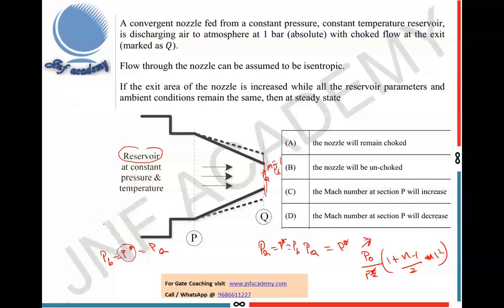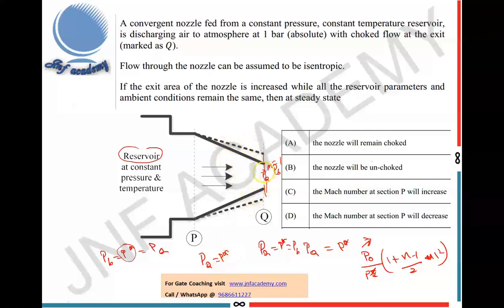For this given set of input conditions, your reservoir condition, which is P naught and T naught, your P star is not going to change unless you change your reservoir stagnation conditions. Once the flow is already choked, which means that your PQ is equal to P star, even if you increase your area or decrease your area,